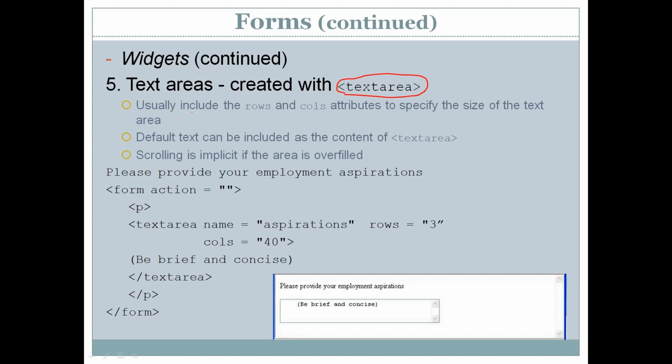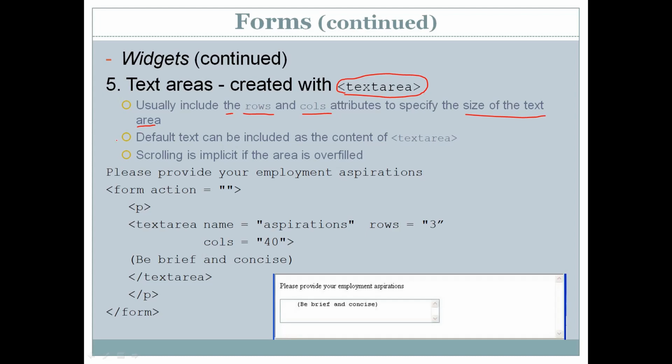This text area usually includes the rows and columns attributes to specify the size of the text area. So the size of the text area is specified by using two attributes, that is rows and columns. The number of rows and number of columns can be specified, and that will be the size of the text area.